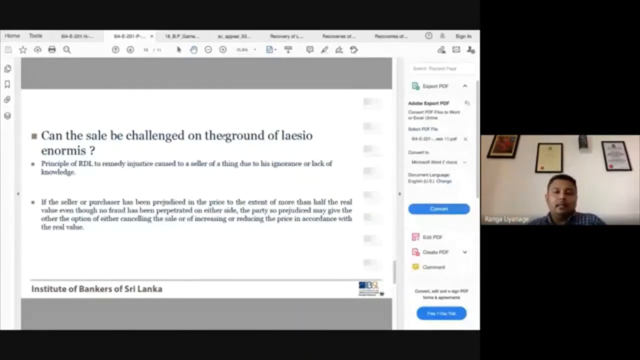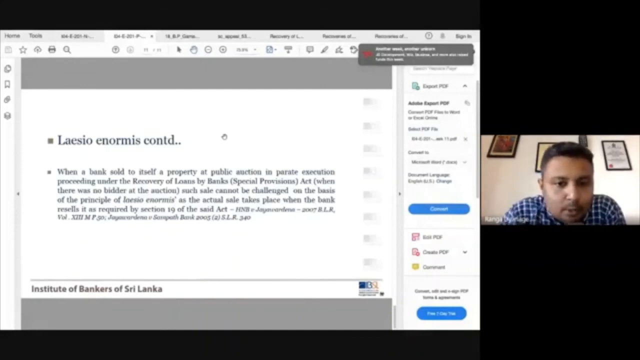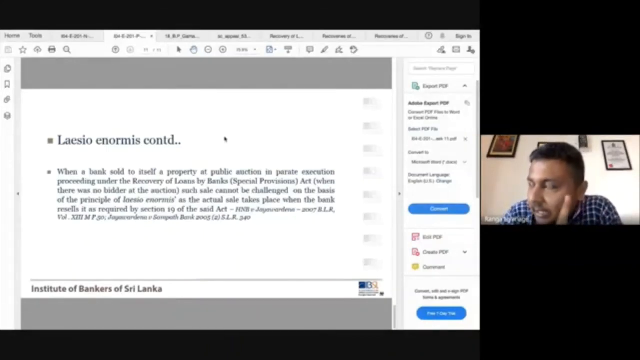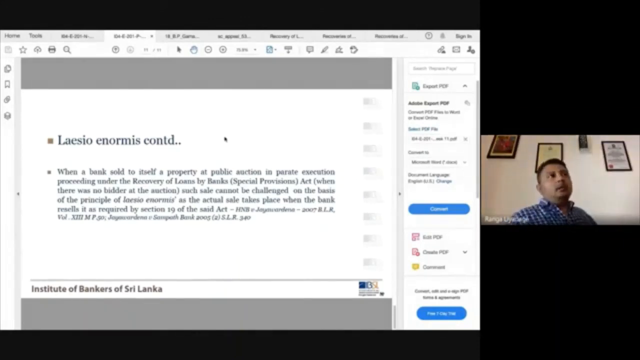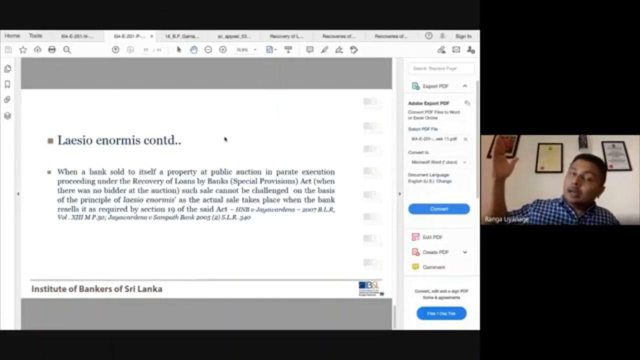But basically, what happens is this was considered in the case of HNB versus Samatapala Jayawardhana 2007, and Jayawardhana versus Sampath Bank, where the bank sold to itself a property at a public auction under Parat under this act. Such a sale cannot be challenged on the basis of the principle of laesio enormis, because the bank may purchase the property below the upset price, maybe like I told you about 100 rupees or 1000 rupees. So the bank purchasing the property for 1000 rupees, which is a property value maybe 10 million, you cannot apply the